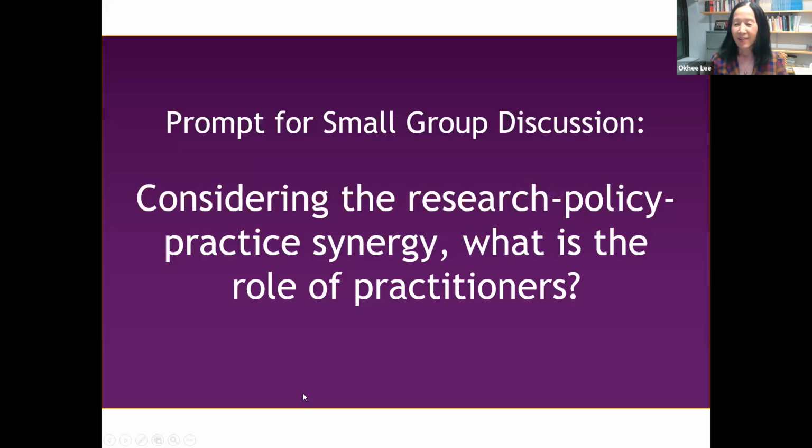Okay, so here is the first small group discussion, Leah. Okay, so I'm going to be putting everybody into breakout groups. So you'll be seeing an invitation to join. It's about 4 people per group. For a small number of people, I'm going to keep you right here in the main session, so you will not get an invitation. I'm going to open the rooms, and then I'll be broadcasting the prompt to all of the rooms because you won't be able to see the screen once you accept the invitation. And we are going to go for about 5 minutes.